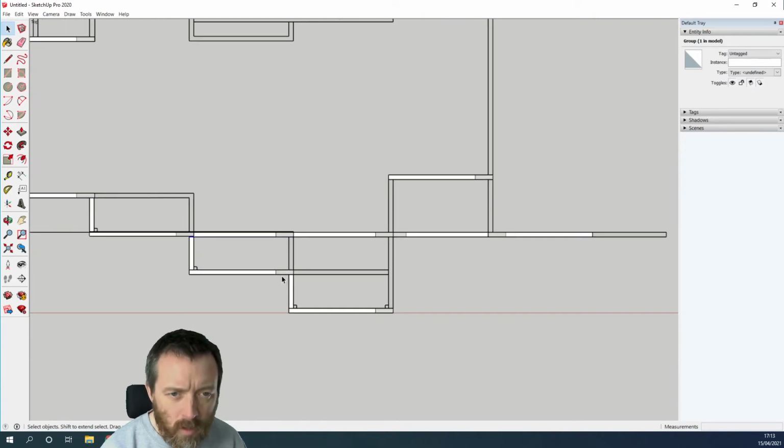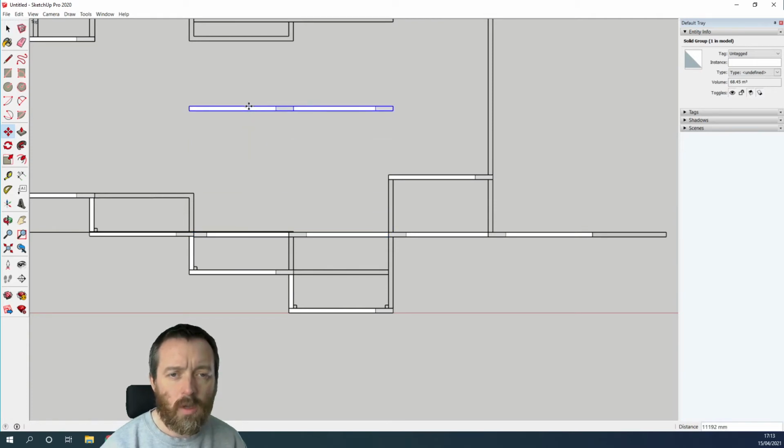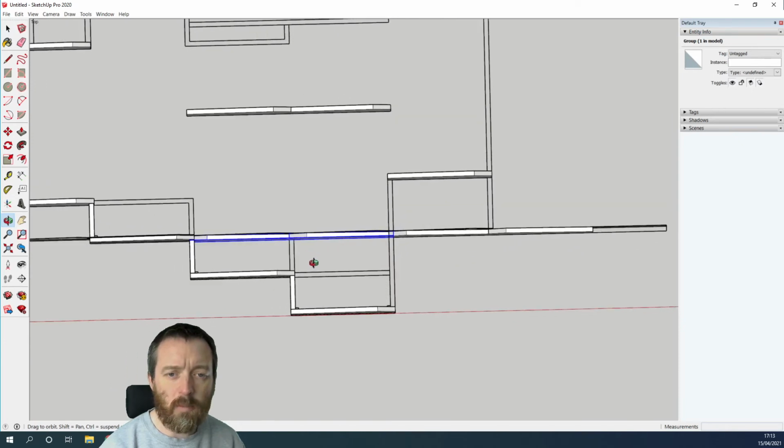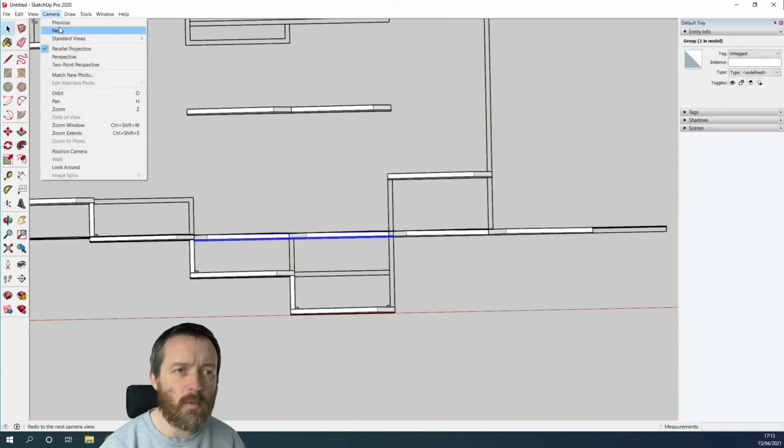So we've got this one here which we need to move up. Let's say this one here is a double wall as well. Let's check. That is the back wall. Okay, so camera standard views,